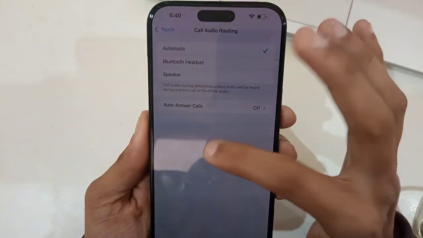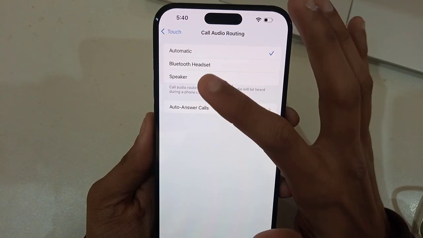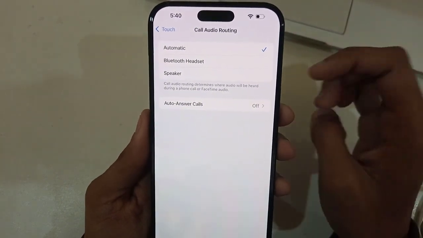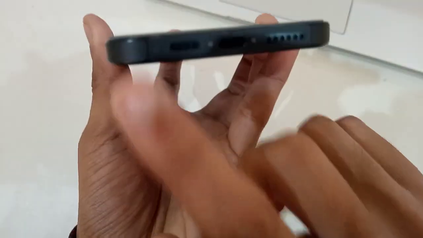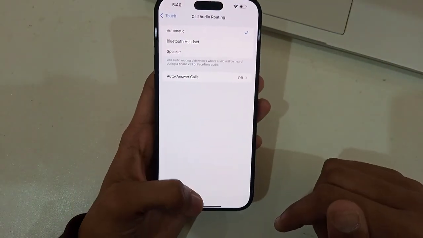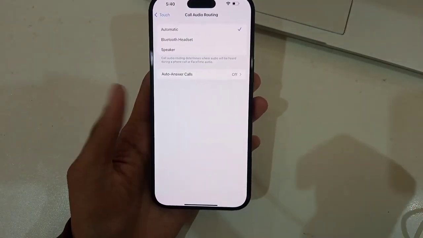Or if you want them to be on the loudspeaker whenever calls come, you can select speaker and it will automatically go to the speaker like this. From here it will directly come out from the speaker. So that's how you can adjust or enable the automatic speaker or Bluetooth handset on your